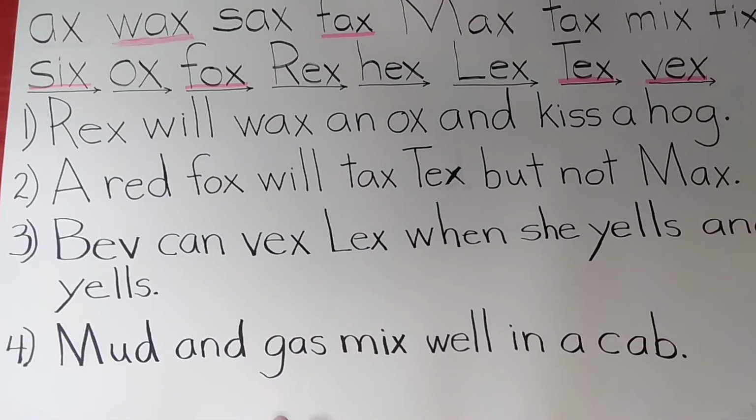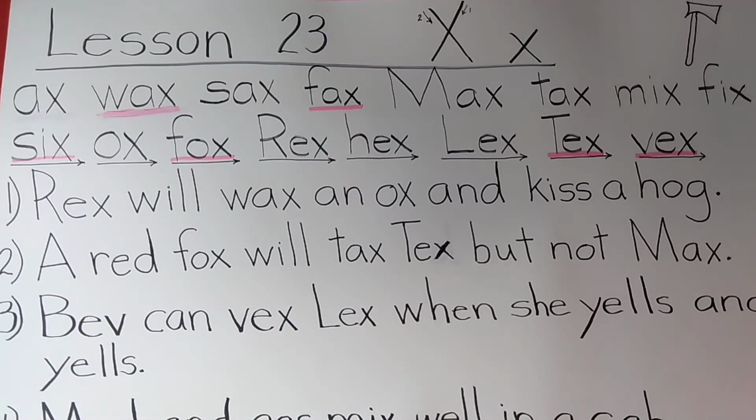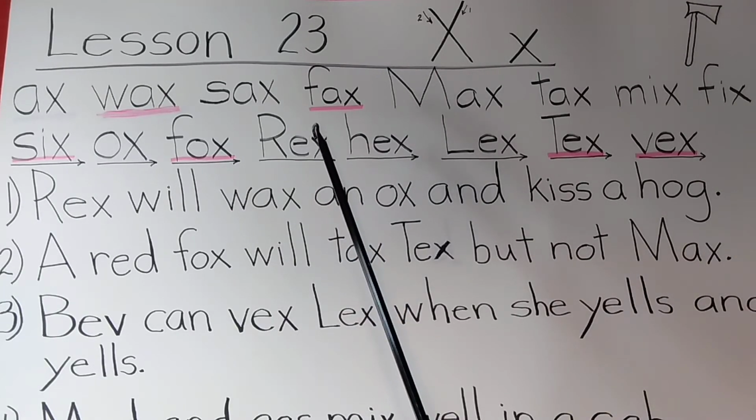And now we get to our new letter, the letter X. And X makes the X sound, like a KS sound, like in axe. And when you make this letter,